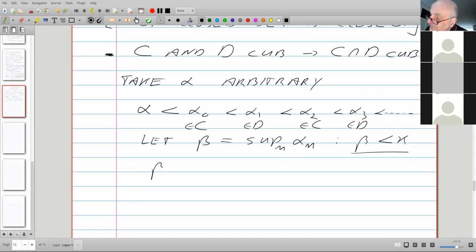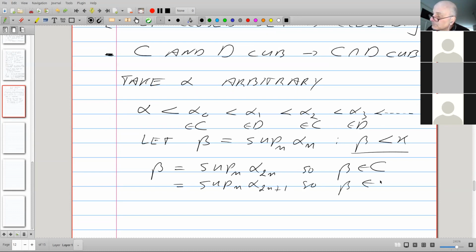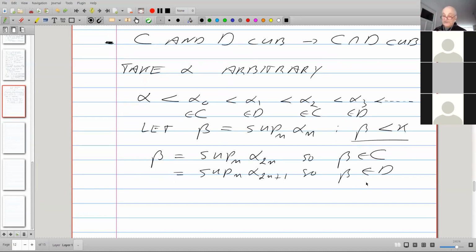And beta is also the supremum of the even numbered alphas, so beta is in C. Beta is a limit point of C because it's the supremum of a subset of C. It is also the supremum of the odd numbered alphas, so again, it is in D. The intersection of two closed unbounded sets is closed unbounded.